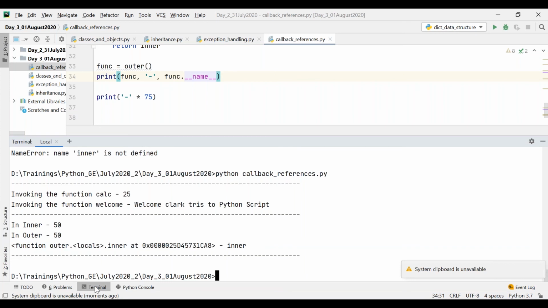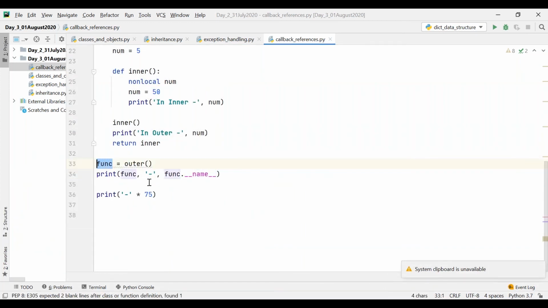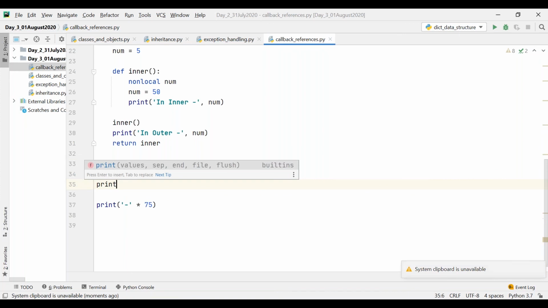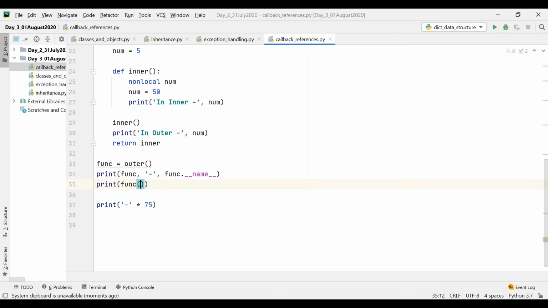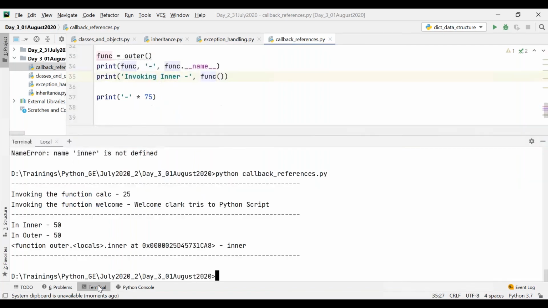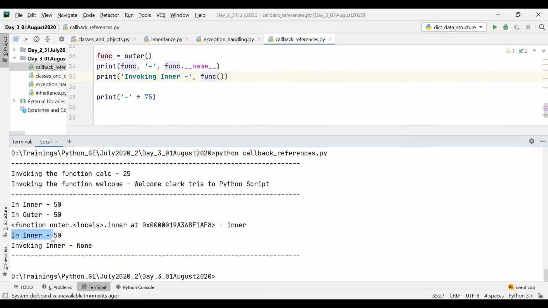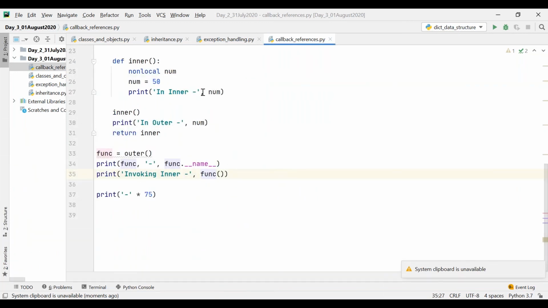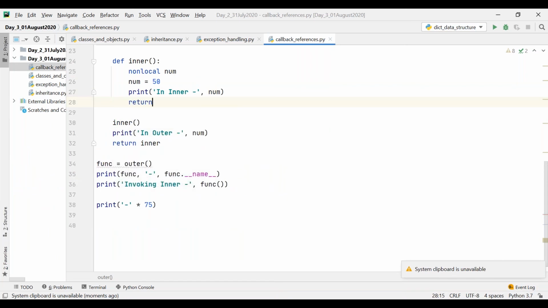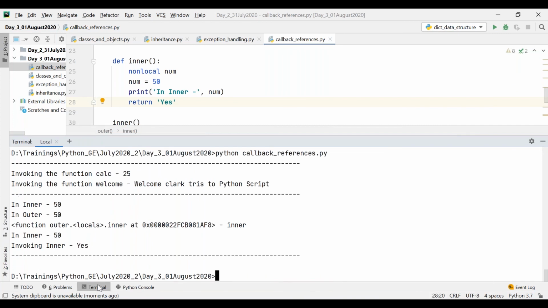So now using this particular variable, I can invoke the inner function, that is invoking inner. Now you can see the output: in inner 50, invoking inner is None because we are not returning anything there. For example, if I say return yes, that will be printed there. Look at this, invoking inner yes.